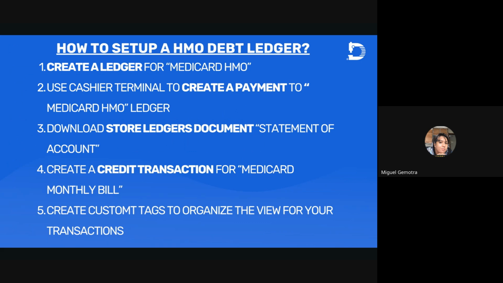We will take 5 steps. First, we'll create a ledger called Medicard HMO. Second, we will use the cashier terminal to create a payment to the Medicard HMO ledger. Third, we will download a store ledger document, a statement of account, that will act like a billing statement for Medicard